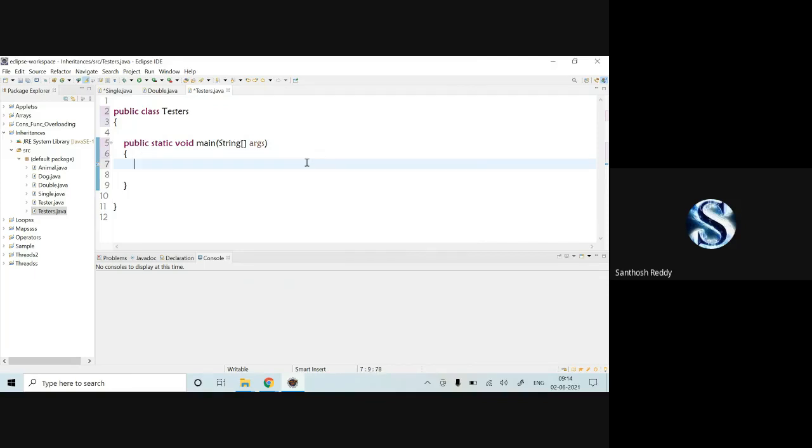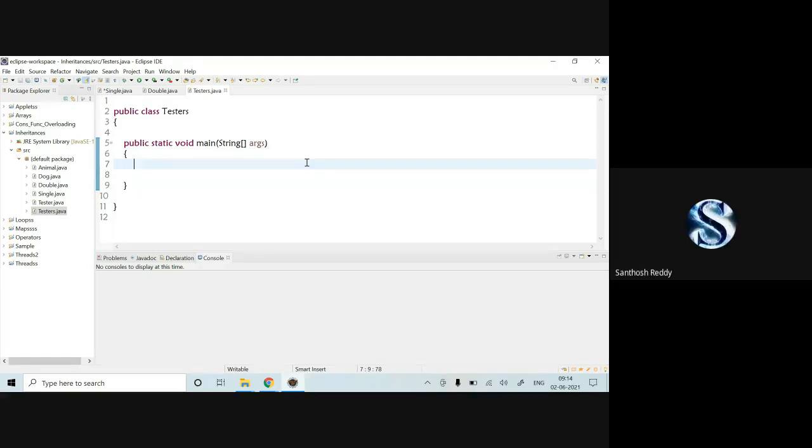one object. So now tell me, if I want to access the methods which are present in the parent class, I mean the single class, for which class do I have to create an object? I have parent class and child class. If I create an object of the child class, I can easily access child class methods and variables. At the same time, if I want to access parent class methods, how should I access? Now you tell me whether I have to create a parent class object or child class object. Child class object, sir. Okay.